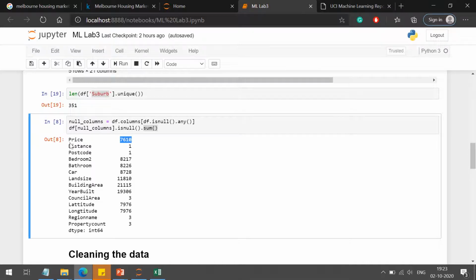Now price is numerical data, so we can replace the field having a null value with the average of that column. Or if it is categorical data, for example bedroom, which will be an integer value, then if you replace by a mean value, you may get a floating value. So instead of that we can replace that value with the median of that column. So these are different strategies in which we can handle a null.